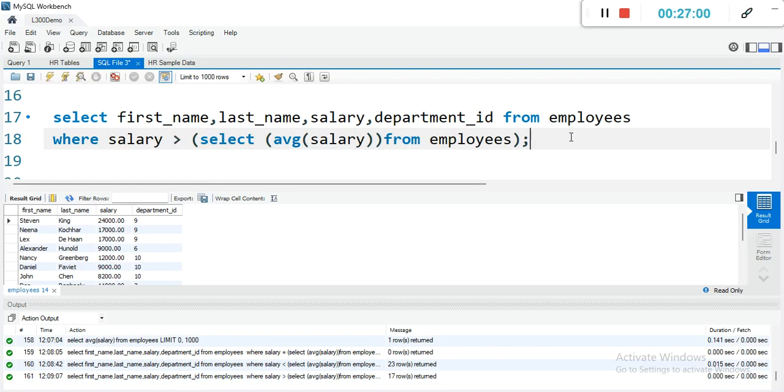Okay, so I want us to do one more thing, to compute the total of salaries for each department. So we want to see how much the company spends in paying salary for each of the departments. Yeah, so that is something we can do. And then when we are doing that, we'll need the group by function, because this question will require us to group them into a department and then compute the amount of money spent on salaries for each of these departments. So to do that,